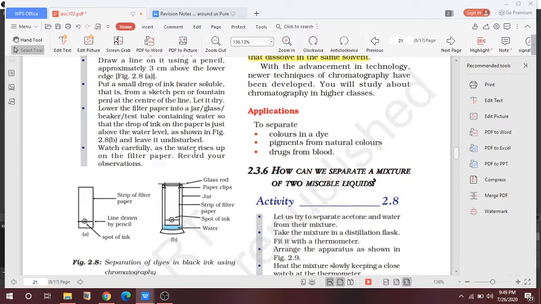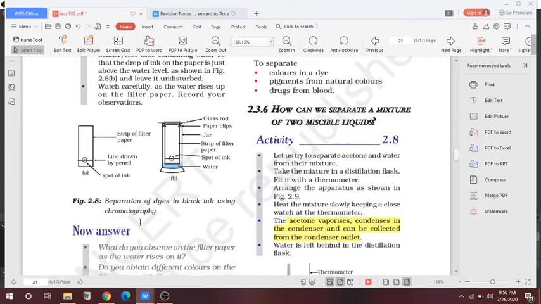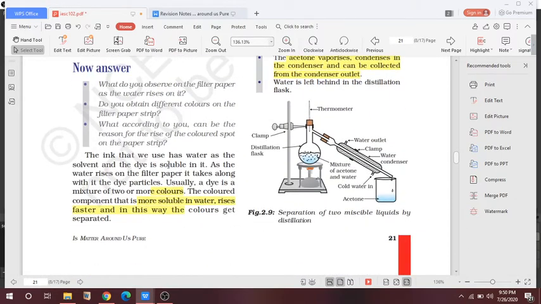Watch as the water rises. Here you can see, do not fill the jar completely with water. You have to take a margin of water, a little bit, about 1 to 2 ml only. So now you will observe the ink that we use has water as the solvent and the dye is soluble in it. As the water rises, after some time you will observe the water start to rise on the filter paper by itself,